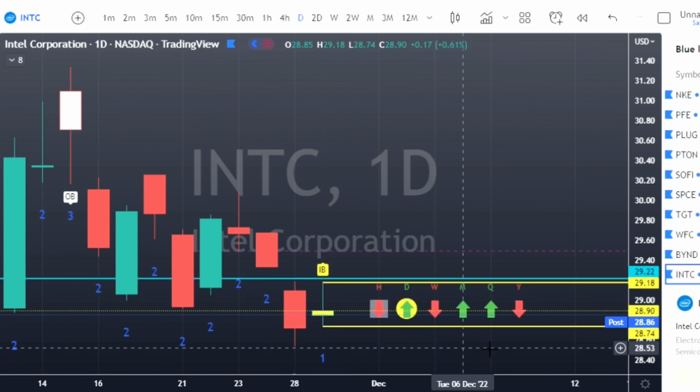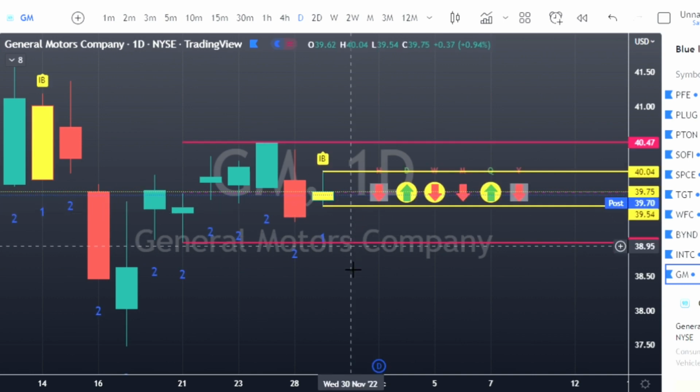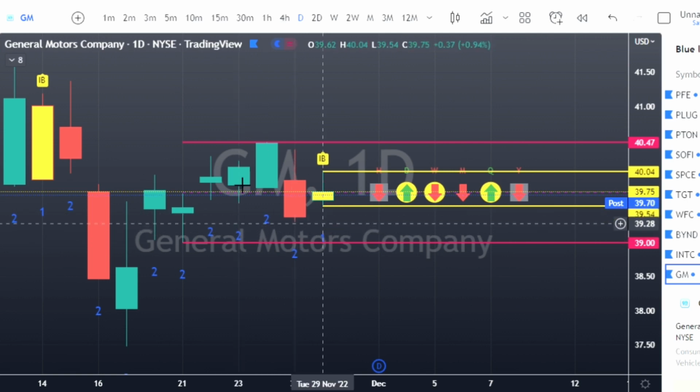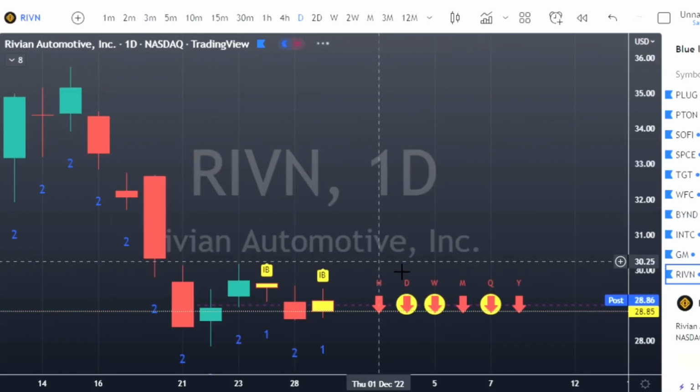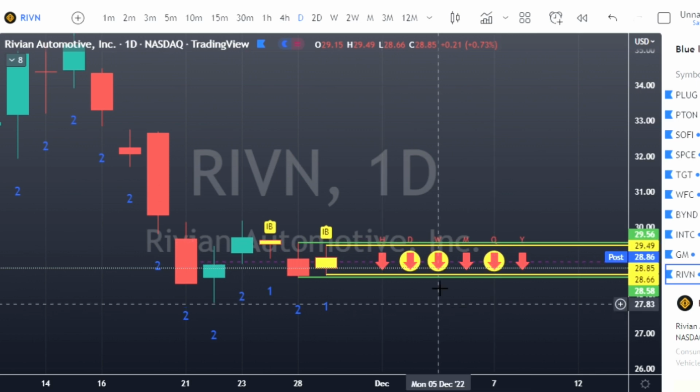Inside bar on INTC, so calls at 29.18, puts at 28.74. Inside bar on General Motors, calls at 40.04, puts at 39.54. Your targets are shown there. We're also looking for a breakout of the inside week, so we'll see if we get that with a big run on GM tomorrow. And Rivian, RIVN, Rivian Automotive, inside bar, full time frame to the downside, so we can